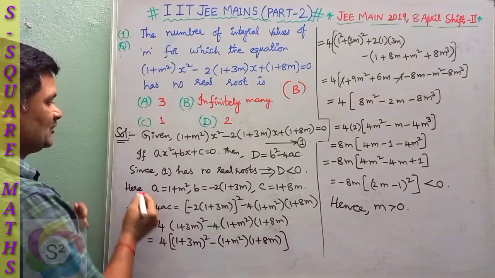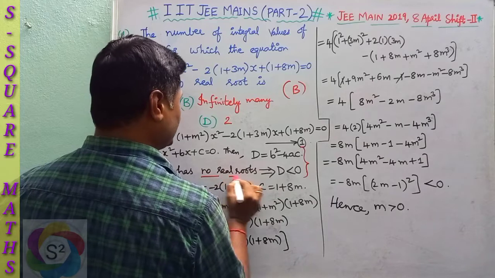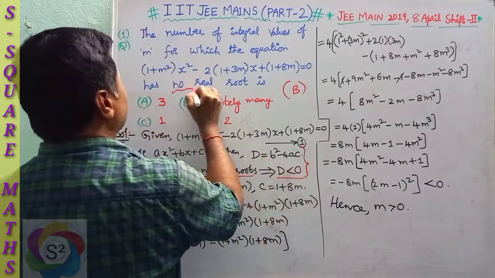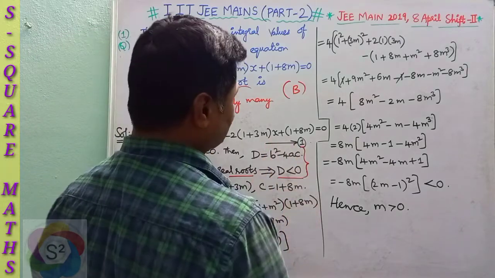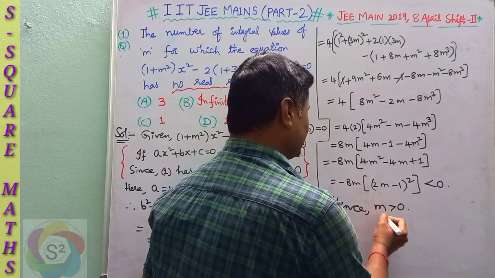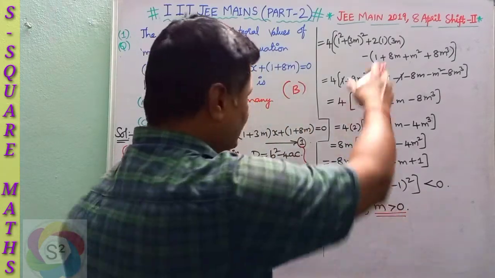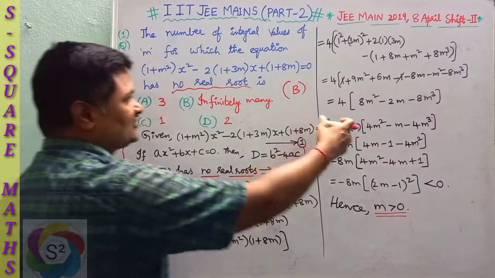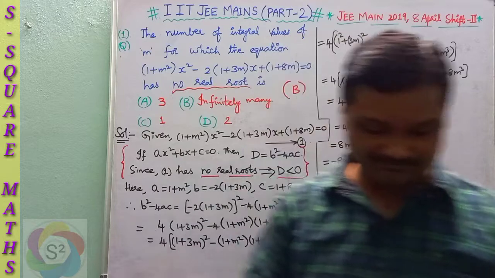Here we have used this point since it has no real roots. So the question mainly depends on no real roots. Okay, so we have gone through the discriminant, everything. We got through the step here, m is greater than 0, after different steps here. Totally we have used the algebraic identities. So once you have a look.